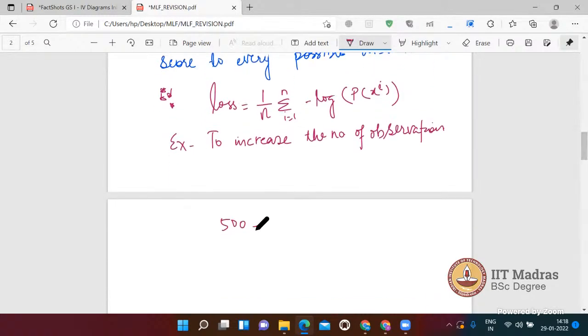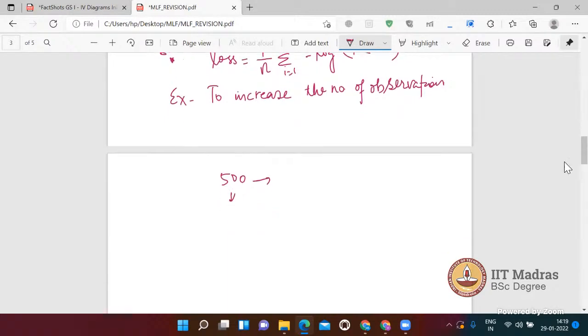If we are not able to, like 500 observations are not much, because if we have to get more accuracy regarding whether this patient will have Alzheimer's or not, what we can do is enhance the number of observations also. How can we do that? That you will read in the ML techniques and all. But here I'll just give you a brief.